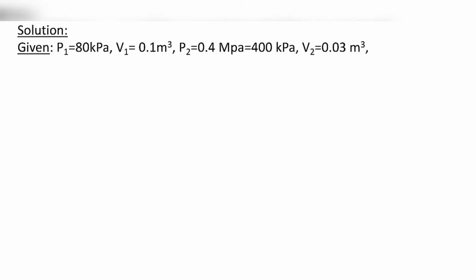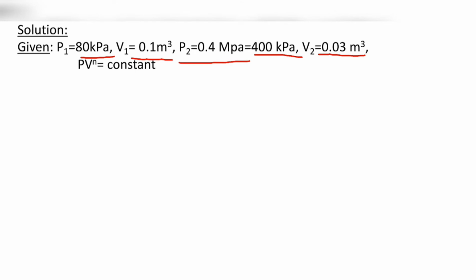And here first I will collect the given data, and given data is initial pressure P1 and volume V1, final pressure 0.4 megapascal. So in kilopascal it will be 400 kilopascal. Final volume is 0.03 and PV to the power n is equal to constant is given in the question. So to find the value of n, here I have equated P1 V1 to the power n